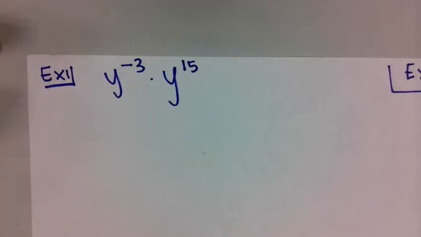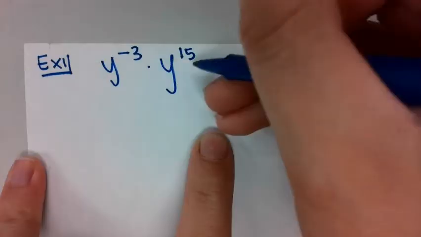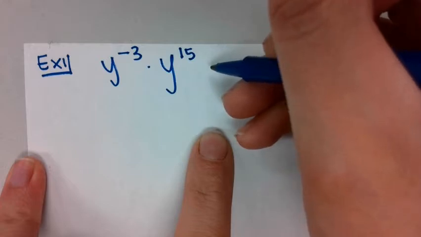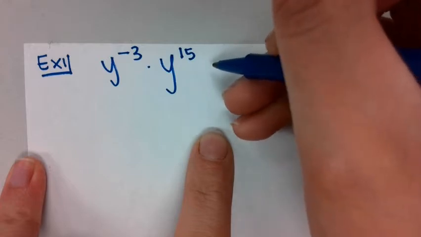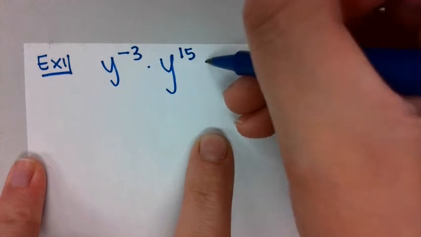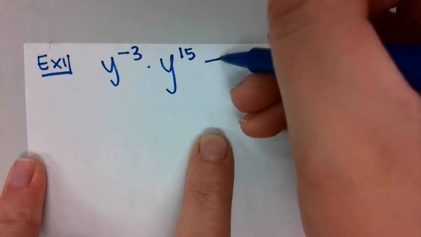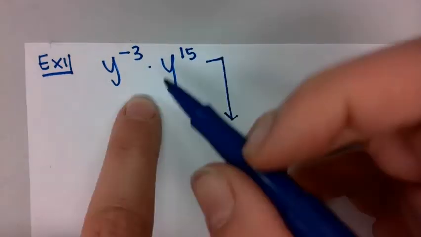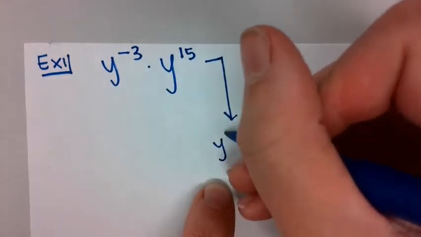So as I look at this problem right here, I notice that there's a negative exponent. In my little scenario, negative exponents are like traitors or secret spies. So what I would do is the following. I would take this expression and I'd say, well, the number or the factor that belongs where it should is the y